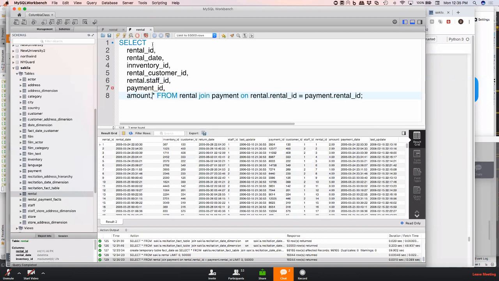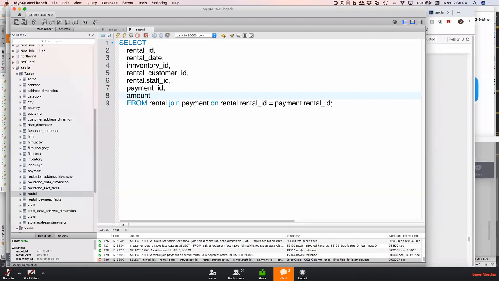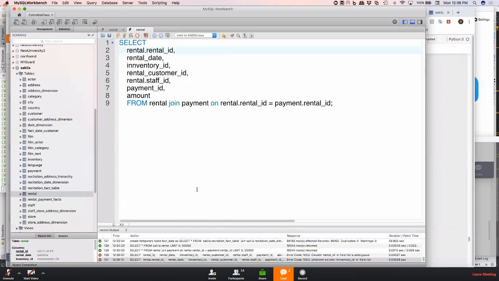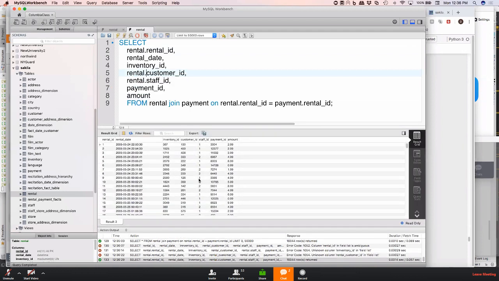Amount. I think that's it. Rental ID, that's going to be rental.rental ID. Rental. Can't even spell inventory. Rental.customer ID. All right, so that's basically it. I may have forgotten a column or two,